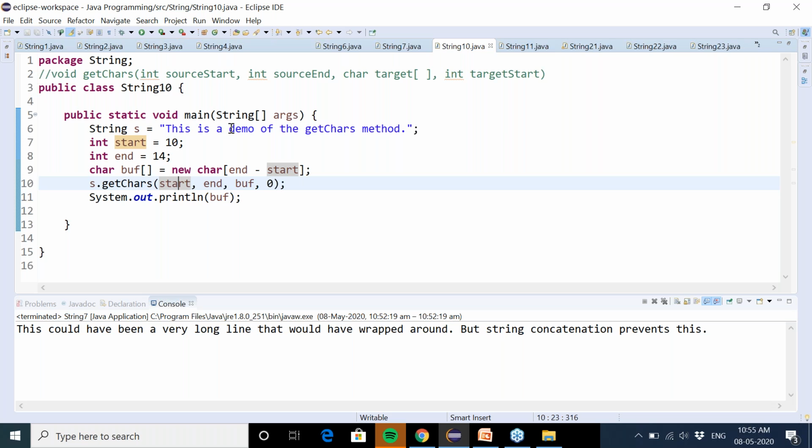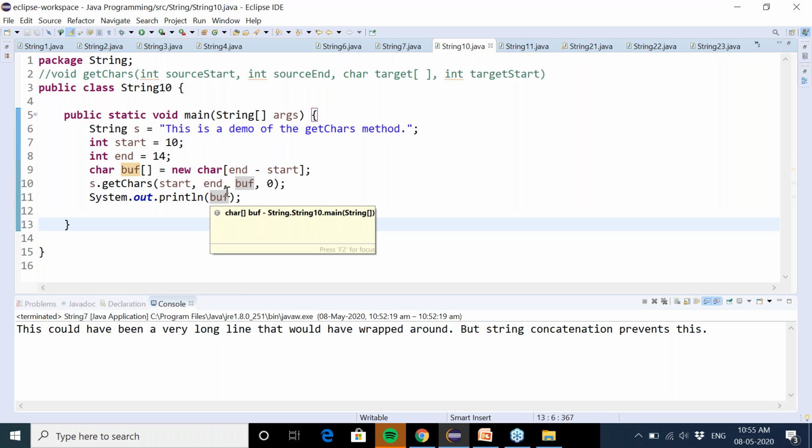Where you want to store the result, that is the character type array name, and in that character type array, at which location you want to start copying the desired substring. That is this location, the start location. So I hope you get it right. If there is any doubt, you can unmute yourself and ask your doubts. Then we will discuss the rest of the problems.